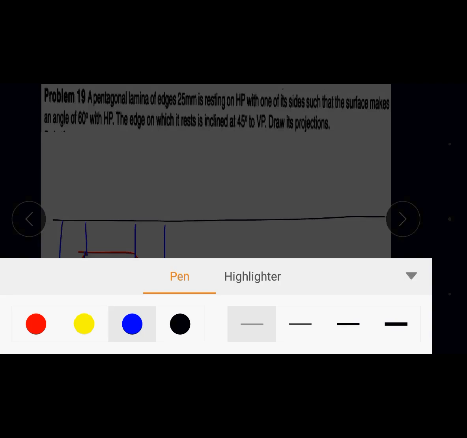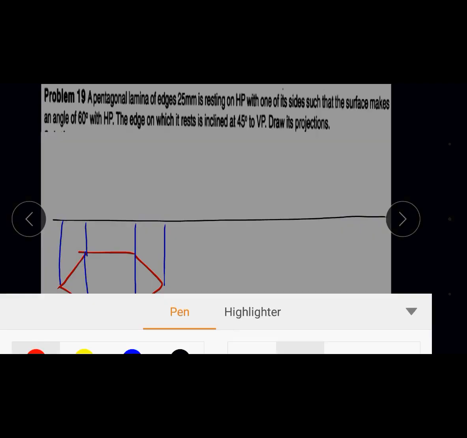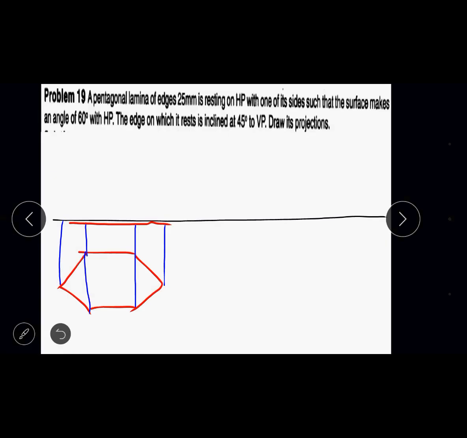Then you'll get the front view as a horizontal line. With the help of these projection lines, you get the front view. Label the front view with A dash, B dash, C dash, and so on. I'll explain the labeling in the next figure. So this is step 1. The top view of the hexagon is a regular shaped lamina with corner resting position, and the front view of the hexagon is a horizontal line.